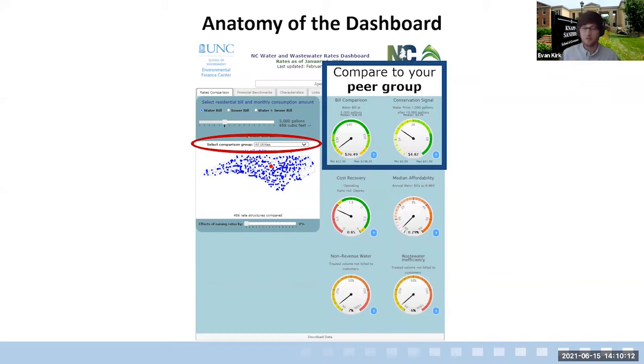The next section is the comparison group. So this allows you to compare to peers. Historically, and this is kind of the inspiration of the dashboard going back a number of years, systems would just select the regional systems. So if they're going to their council to try to get a rate increase, or the council is trying to keep perhaps rates artificially low, they might be looking at your neighbors, and your neighbors might have a completely different